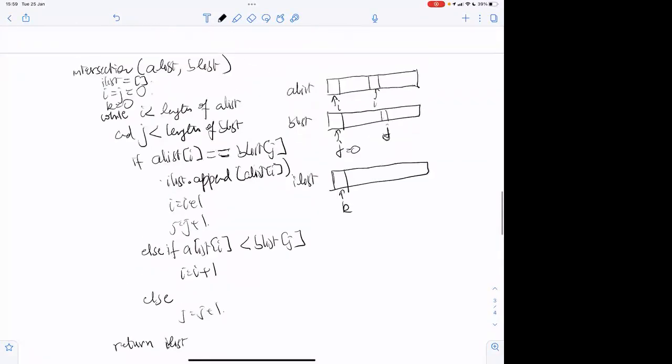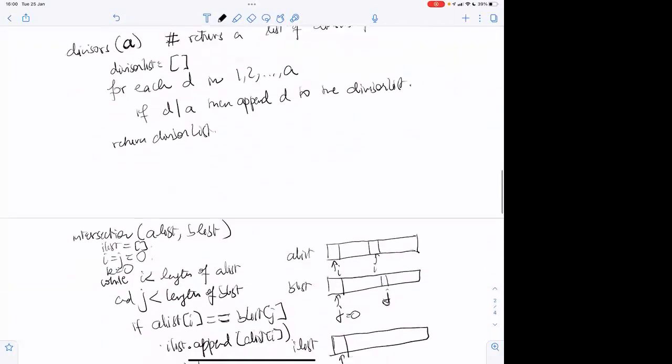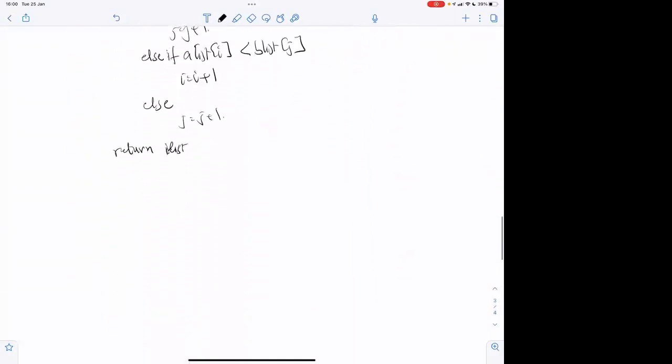Now, returning the last element of the list, that is the other thing, correct? Return the largest of the common divisors, correct? So how would you do that? The naive-most way of doing that is to go through the list and return the last element. Correct? But of course, that's wasteful, and you can just simply return the last element. There are ways in Python to either find the length of a list and return the element at length minus 1, or you can just return I list minus 1.